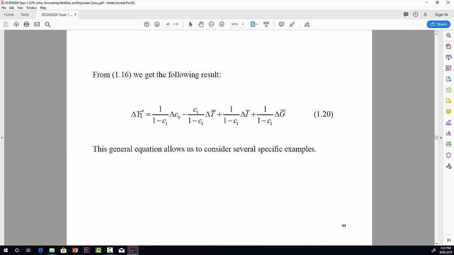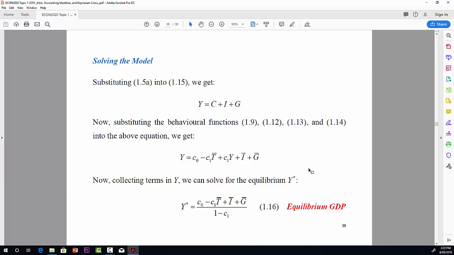It says the change in Y star is equal to the multiplier, 1 over 1 minus c, times the change in C0, minus C1 times the multiplier 1 over 1 minus c1 times change in T bar, plus the multiplier again, 1 over 1 minus c, times change in I bar, plus 1 over 1 minus c1, again the multiplier, times change in G bar. So just going back,